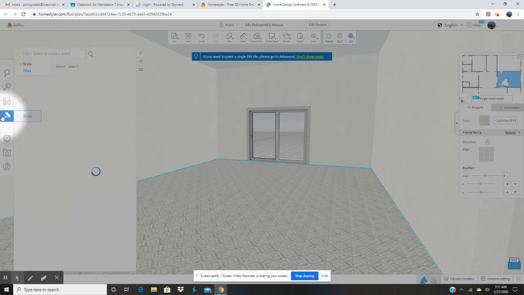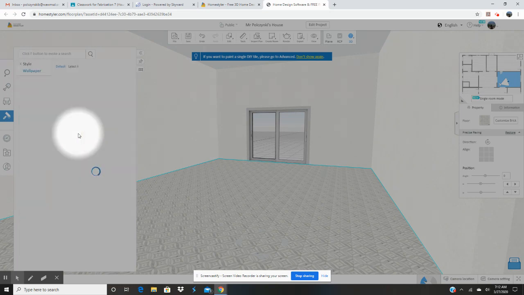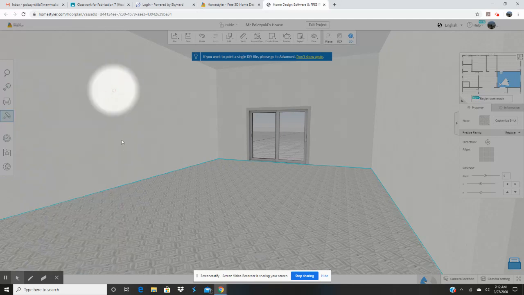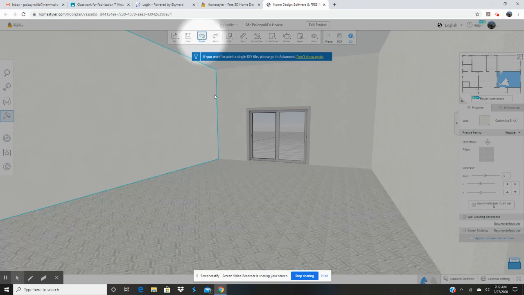Same thing with the wall. So I'm going to go to my paint roller. Let's say I could test wallpaper. I'm not a big fan of wallpaper, but maybe you are. So I'll go to the wallpaper, and let's say I like this one. I'll click on it, and then I'll click on the wall that I want to change. Actually, see how the floor was selected, so it actually changed that. If you make a mistake and it accidentally changes the wrong thing, remember you can click undo, and that'll change it back. So make sure you're clicked on the wall,